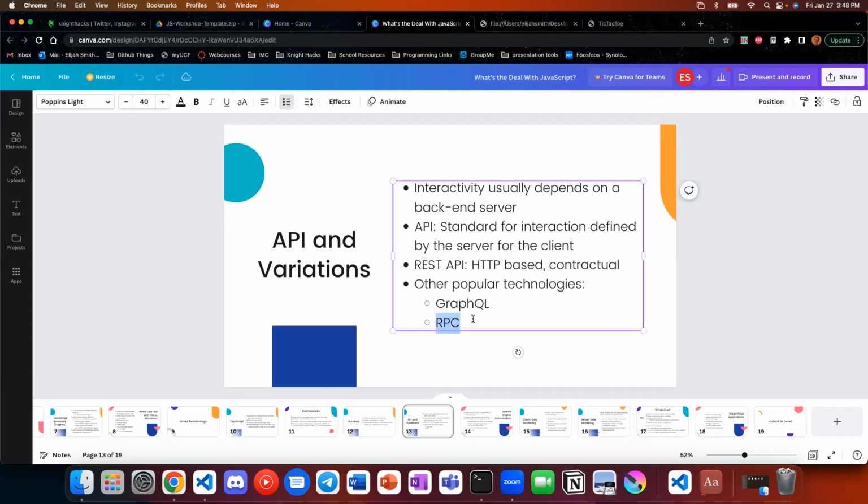RPC, I'm not super familiar with. This stands for remote procedure call. As far as I can tell, the client tells a server somewhere what it wants, like some procedure it wants to happen and some parameters. And then the server, on its native operating system, performs that procedure and sends stuff back. So the interaction is similar for all of these different types of server APIs, just the way that you send information and receive it is what's different.